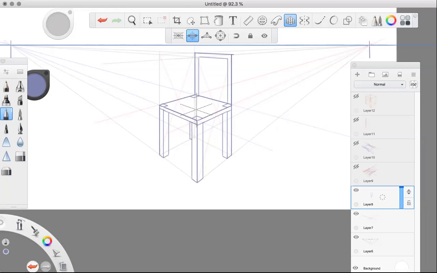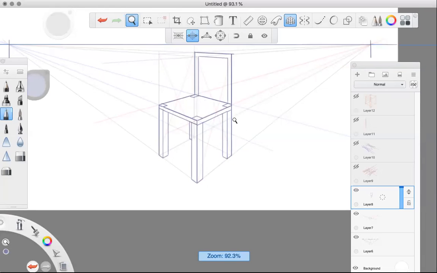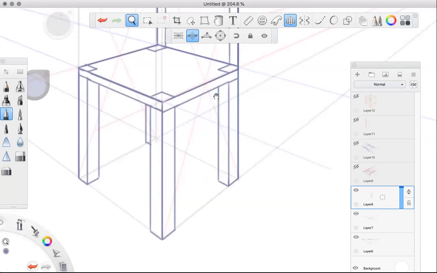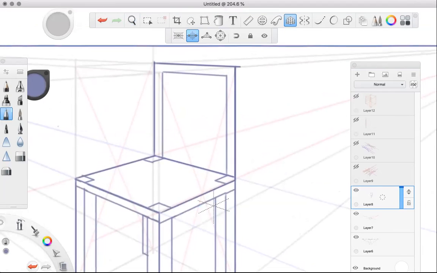But what I could do is I could do that. I could do this here. Just going to clean up that edge. Do that, and then I could say, okay, well,